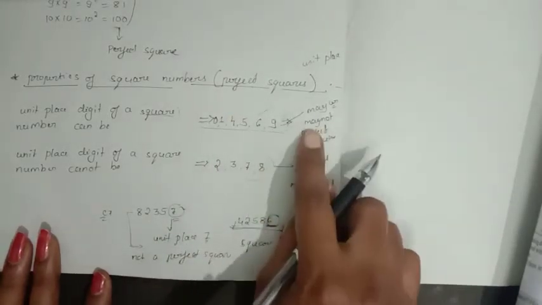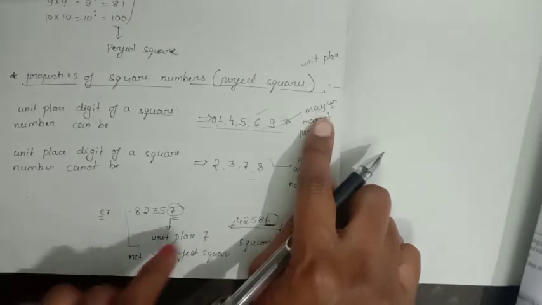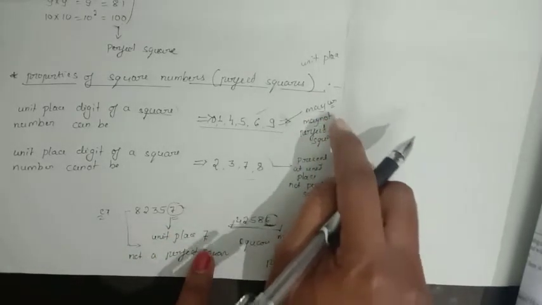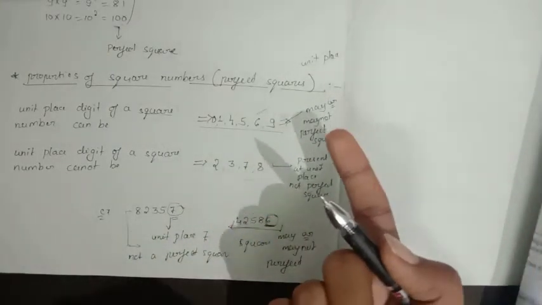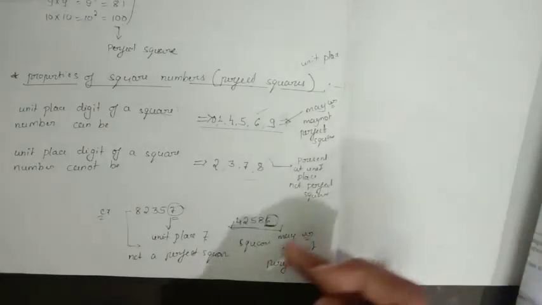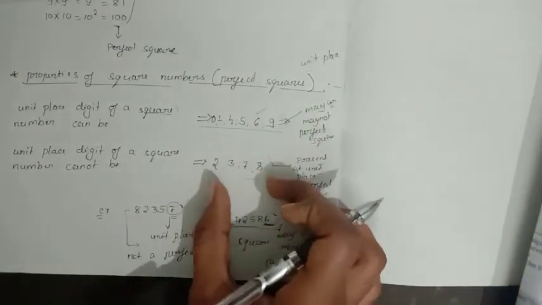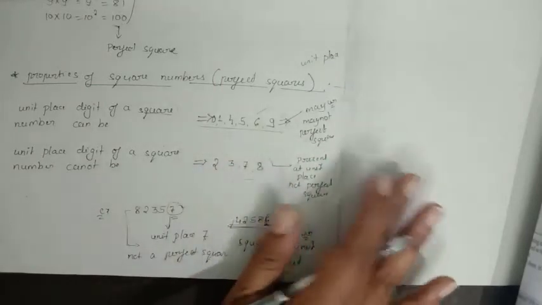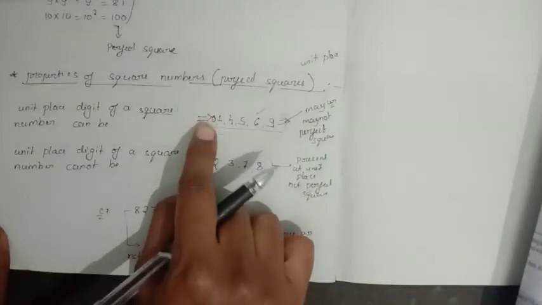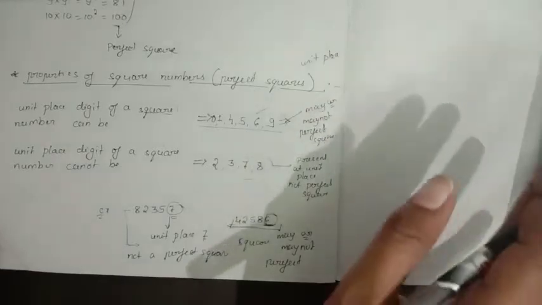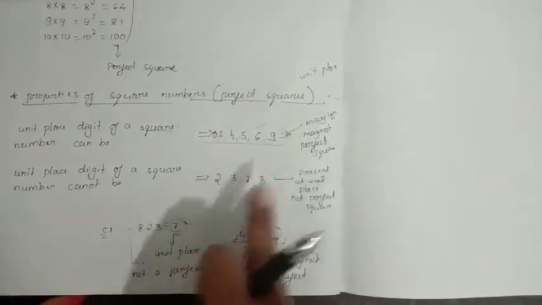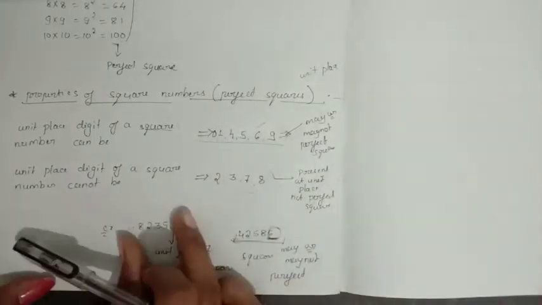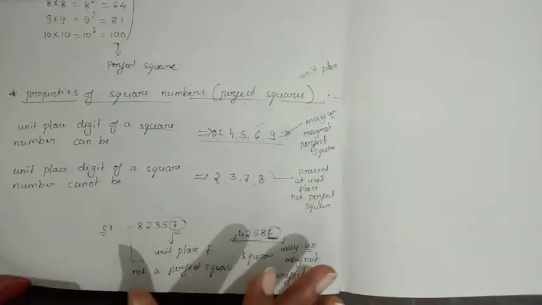But in this case, sometimes it is a perfect square, and sometimes there is no possibility of getting a perfect square. So if these numbers come at the unit place, then definitely it is not a perfect square. Again, there is one concept related to 0 that we will study afterwards, so don't worry about that. When we go for the exercise, you will come to know how to solve this. Just remember, if these numbers are in the unit place, then it is not a perfect square. By observation only we are able to say whether it is a perfect square or not.